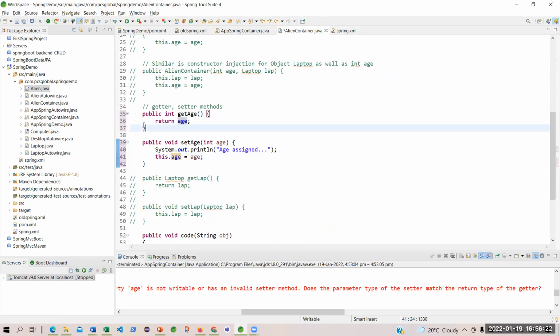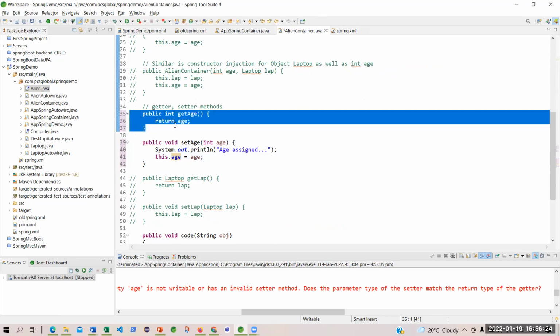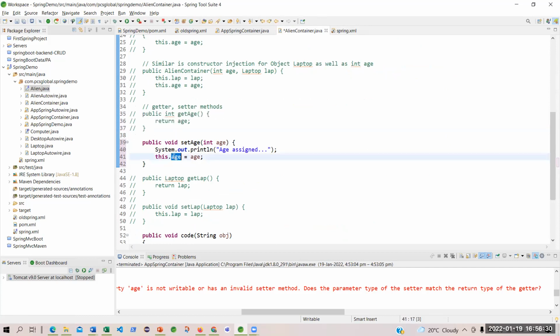Okay, right now I make it off. The getter, I make it off. I understood that I cannot set anything without the setter, setAge. Okay, I make this on. I go over here.